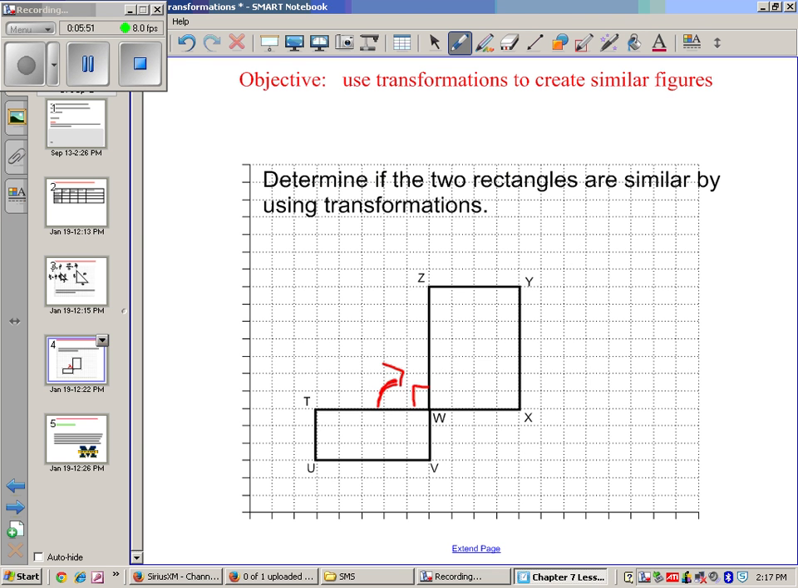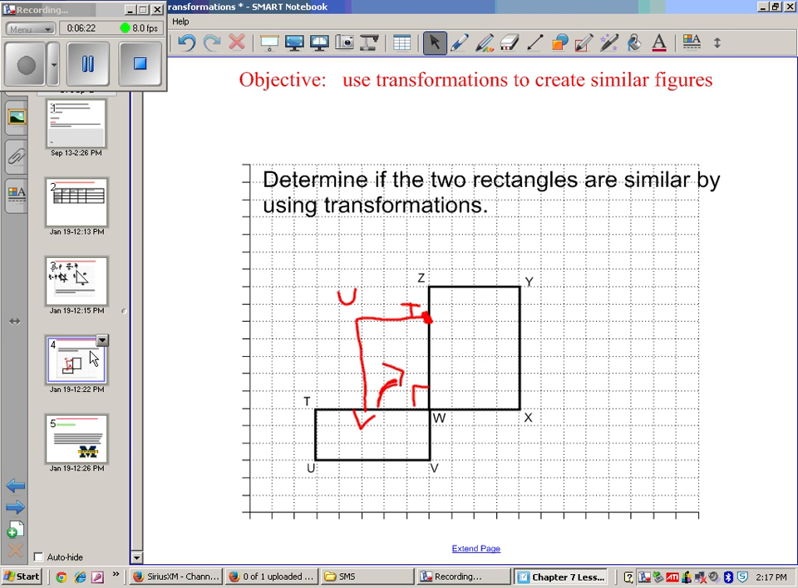So T is going to move up 1, 2, 3, 4, 5 spots. So our new T will be right there. We move over 3 spots: 1, 2, 3. U would be right there. V would stay there, and W would remain the same. That's our rotation. As you can see, our new shape does look similar to our XYZ